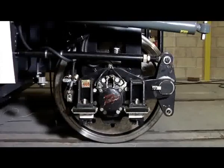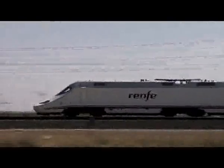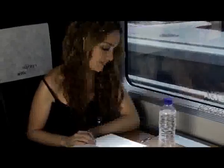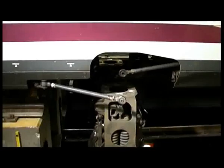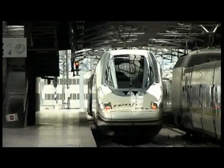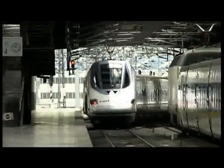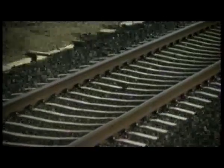The independent wheel system, which is a Talgo development, is of vital importance in reducing noise while running, providing greater adaptability to the track and allowing greater comfort and safety. Once the wheel set is completed, it is then joined to the structure. By using a robust axle guidance device designed by Talgo, it is possible for the wheels to remain constantly parallel to the rail, both on curves and on straight tracks, thereby obtaining a greater level of dynamic safety and reducing